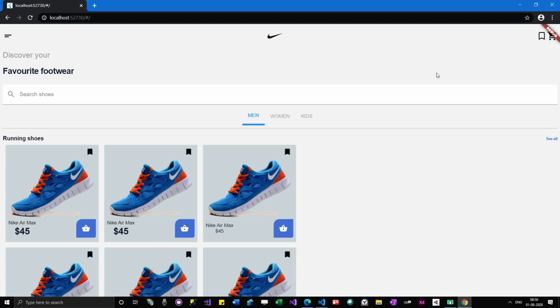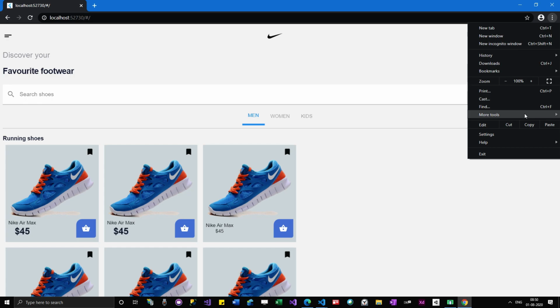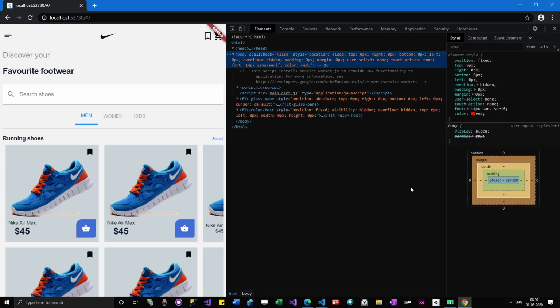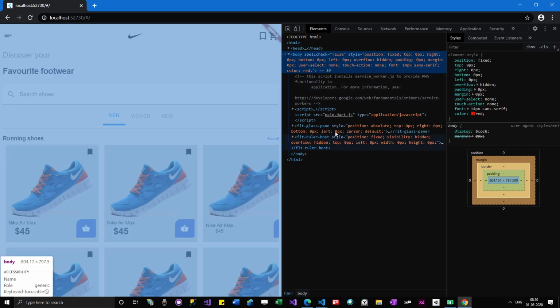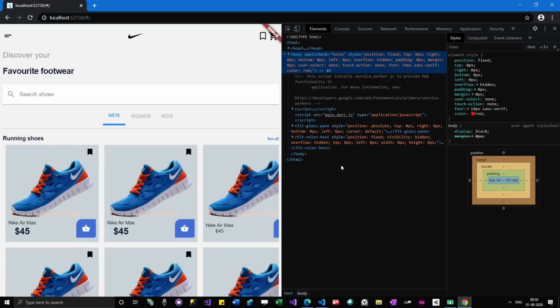And then about dev tools, right? To debug our app, I can click on this icon, More tools, Developer tools. It will open something on the right side. You can see there is some code available over here. This code doesn't make much sense because this is a Flutter app. Maybe in future HTML will be shown here, but right now it's not shown properly.